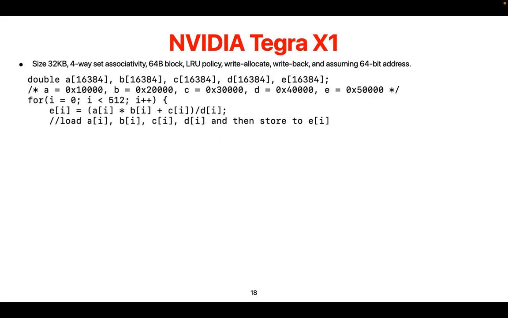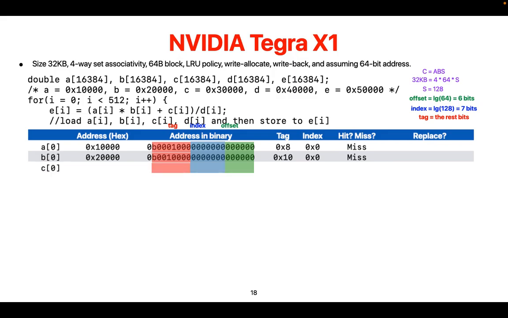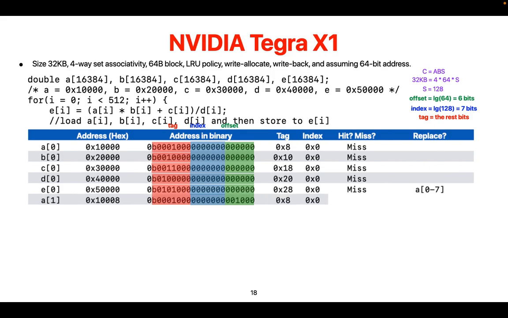These first 4 are compulsory misses, right? But when E0 kicks out others, itself is a compulsory miss because that's still the first time we access E0. But when we kick A0 to 7 out, the next run of accessing A1 would actually be a conflict miss, right? And it goes on and on until we reach A8,